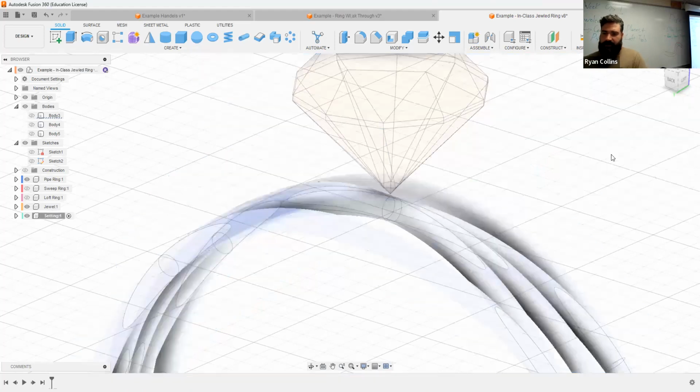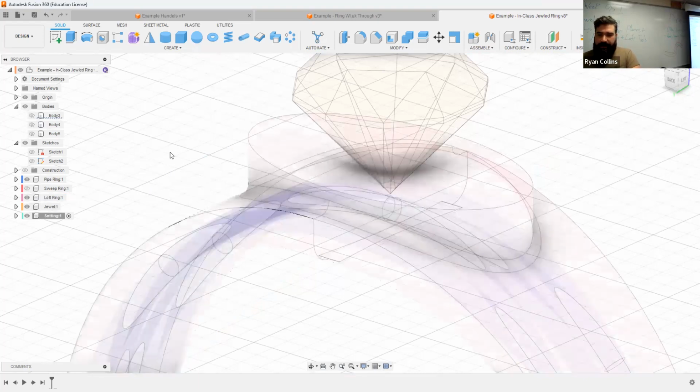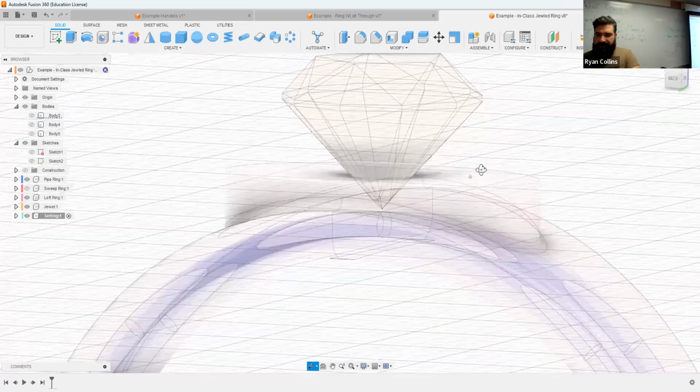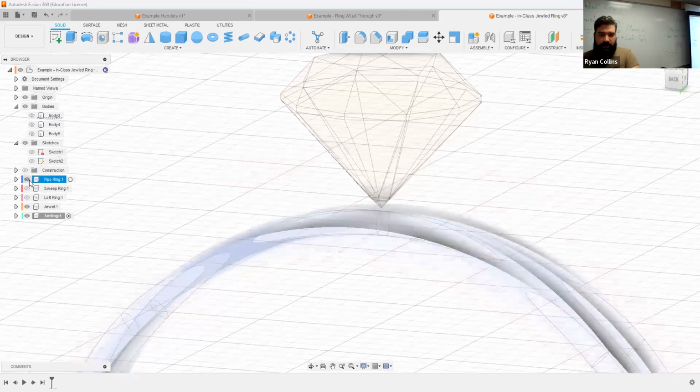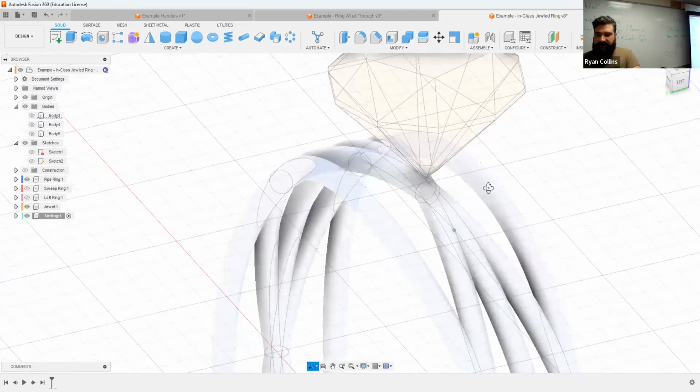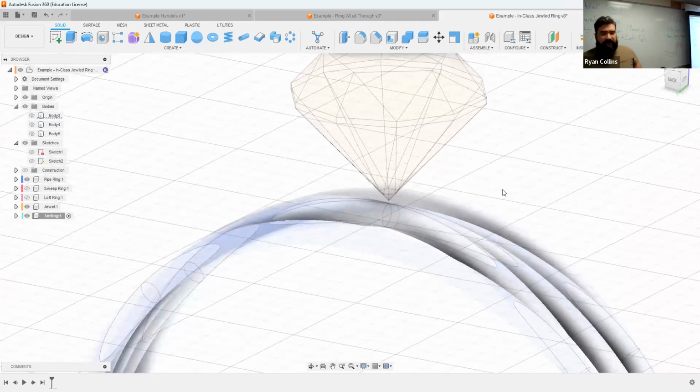setting. Okay. So choose whatever ring you want to build this off of. This can certainly be integrated. In this case, maybe I'll use the Loft ring. That could be built right on there. That's fine. But let's use the pipe one. That's kind of there. So you can see it ghosted. That's fine. So a setting for a ring is, look, in a lot of versions, it's just some